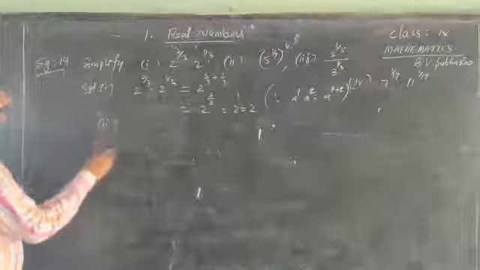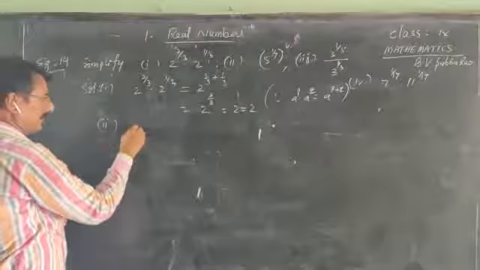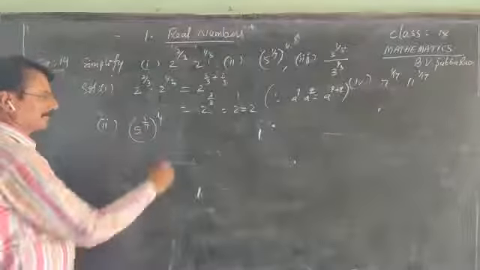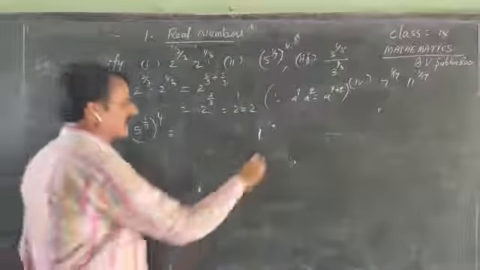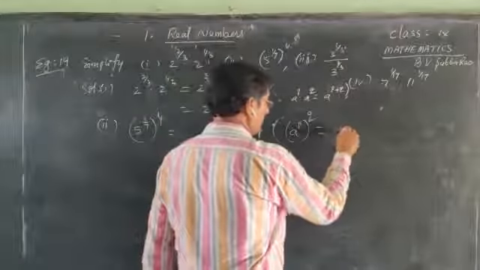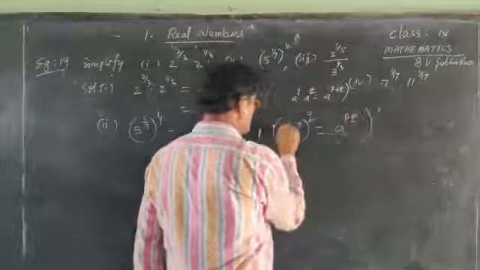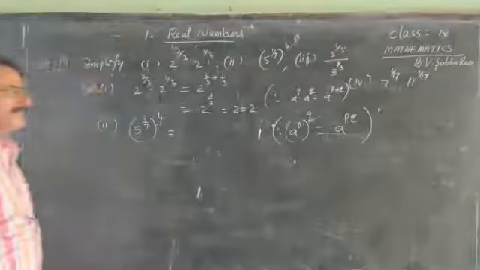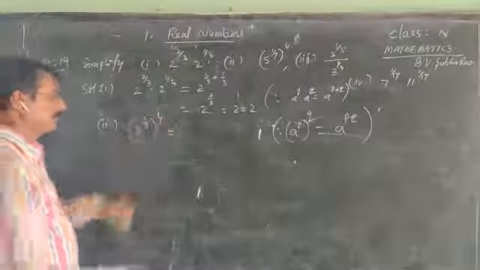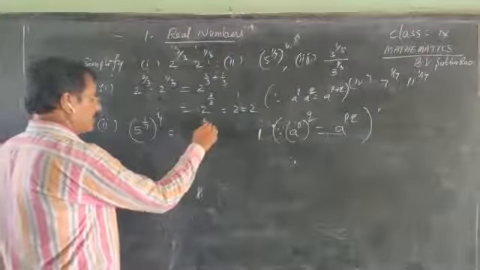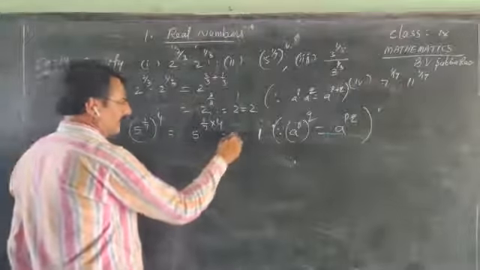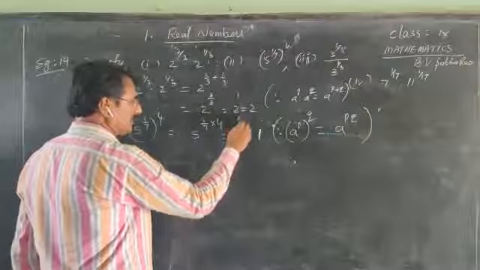Now, observe the second sum. What is 5 to the power of 1 by 7 whole power 4? How is it the given sum? It is exactly like a to the power of p whole power q, a to the power of p into q. Since this exponent law, let it be a, it is a p, it is a q. 5 to the power of 1 by 7 into 4, a power p into q. Now, 5 to the power of 4 by 7.